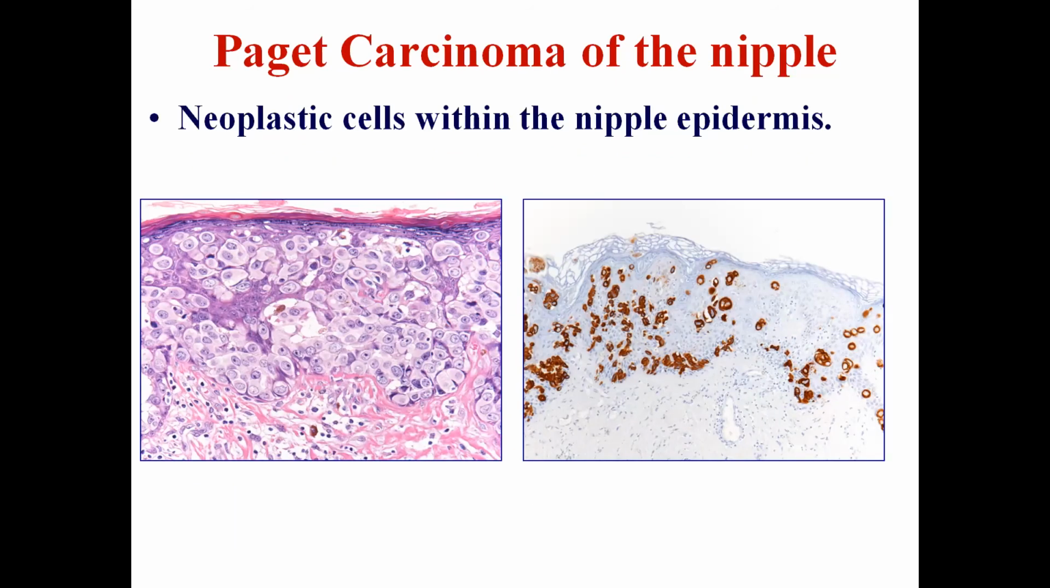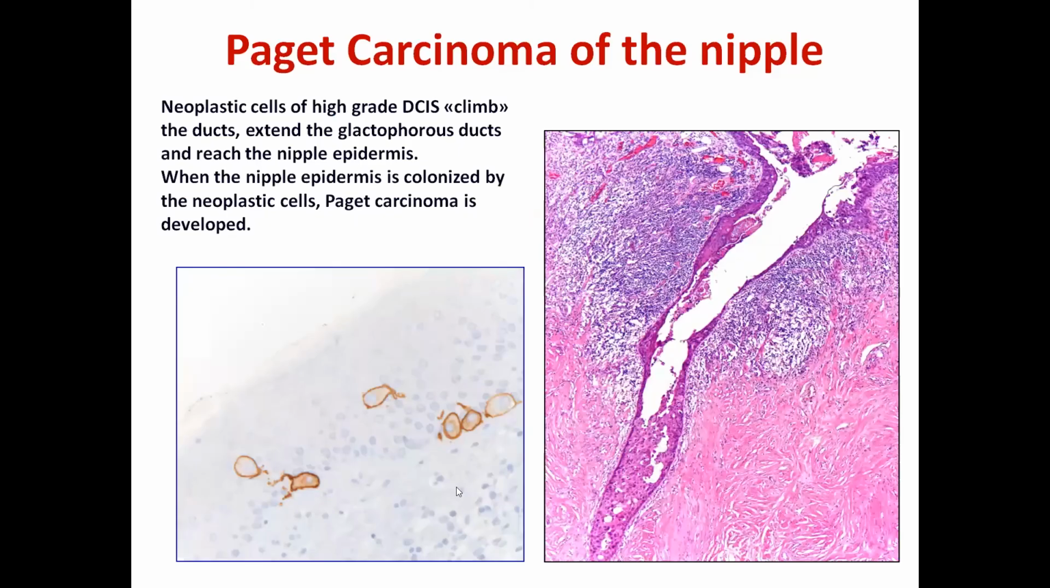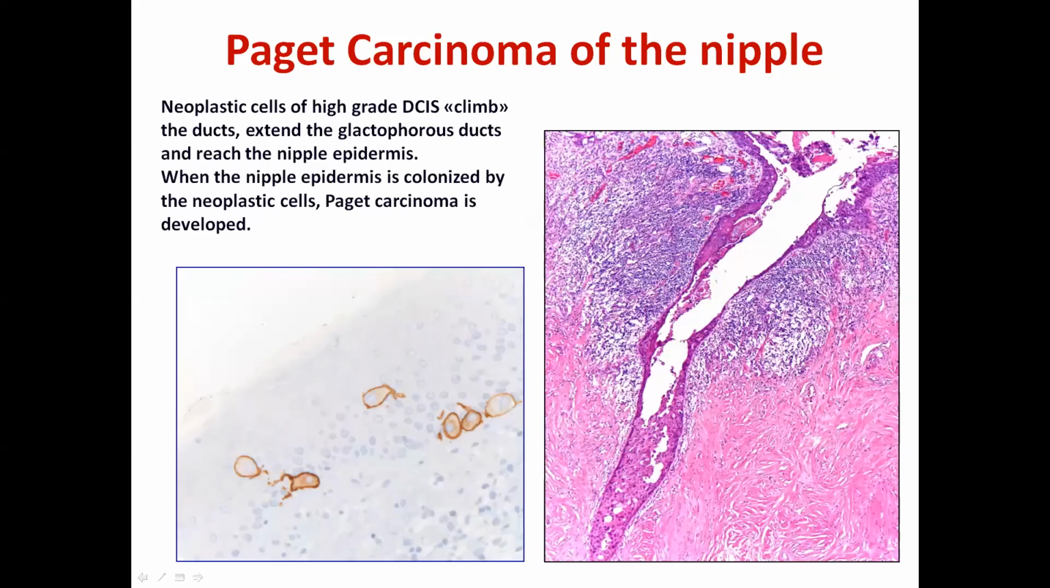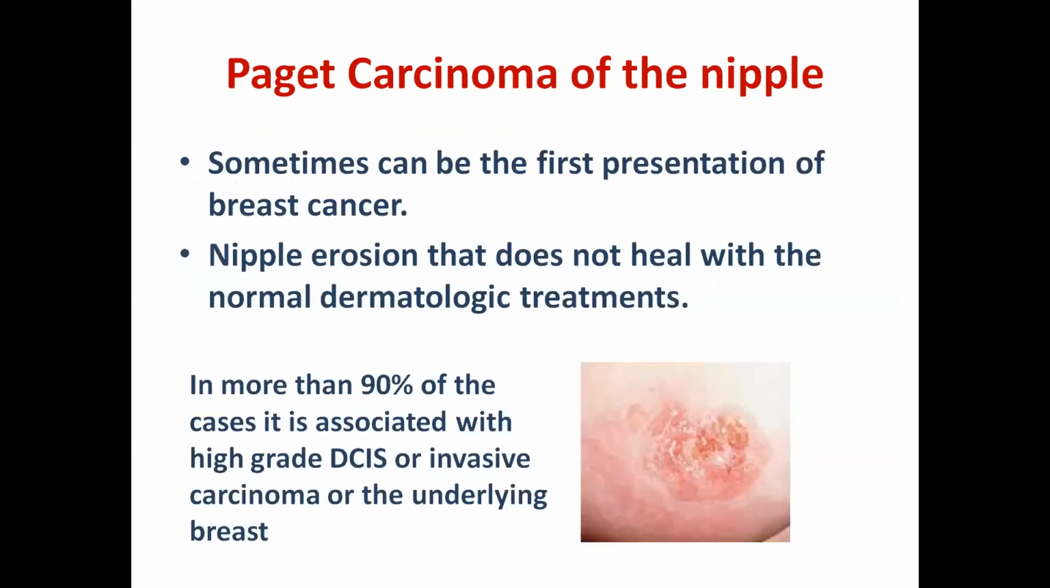You can have a small number of cells, rare cells, like in this case, where you see in the epidermis just a very small amount of cells, or you have a massive involvement of the epidermis, like in this case. Of course, the clinical picture will be very different. In this case, you have a very subtle dermatitis-like picture. In this case, you have a very evident nipple erosion. So you must be very conscious, very careful in evaluating your patients, because even very initial cases with very mild clinical presentation can have